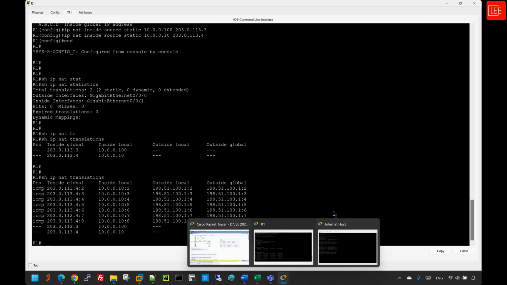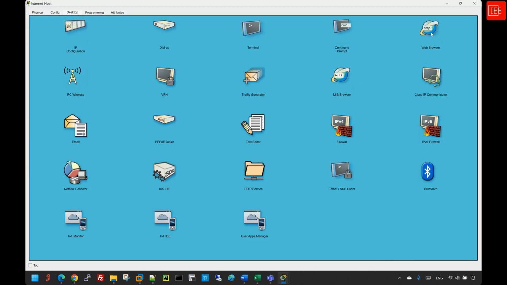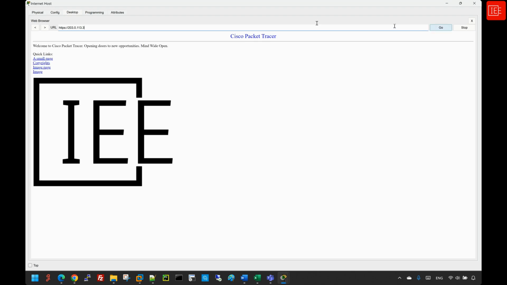So go back there. I'm going to close this application, and then I'm going to go to the web browser. And in here, I'm going to say HTTPS colon slash slash 203.0.113.3. And I'm going to press go. As you can see from the screen, we have managed to reach the web page of the internal server with the public IP address of